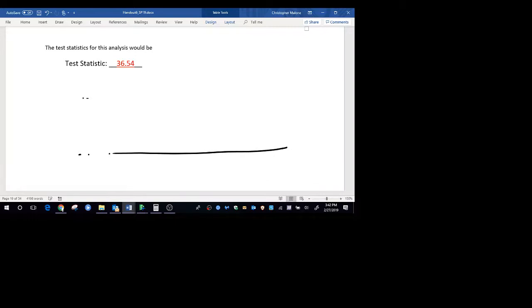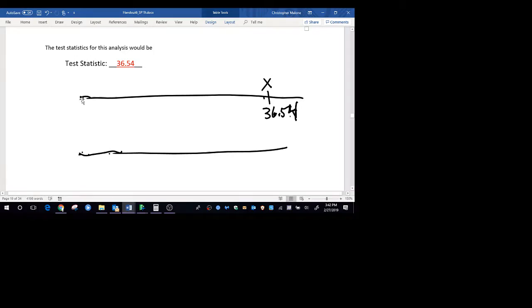Okay, so my data value here is going to be 36.54, and I just need to figure out whether or not this is an outlier compared to what would happen under the situation that they are like the historical patterns. So the children in Fillmore County are like the historical patterns. And again, the smallest possible value here is 0. I can't have any negative values on the chi-square distribution. And this chi-square distribution is going to have kind of a big hump at the beginning, and then it's going to trail off or skew to the right-hand side.